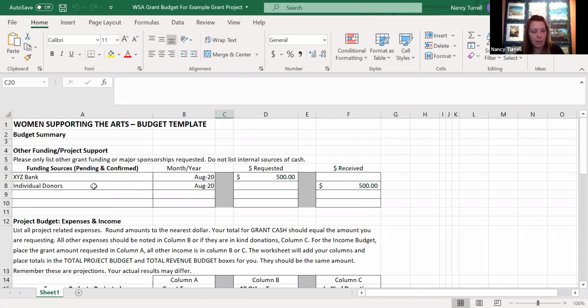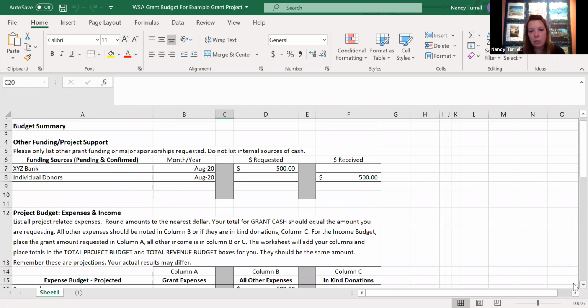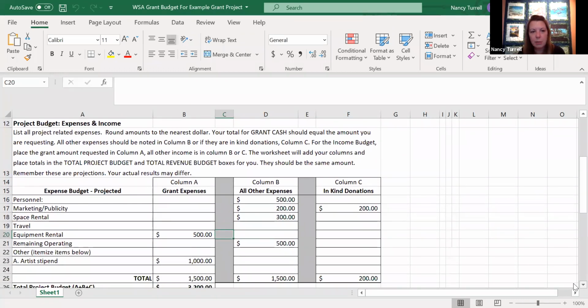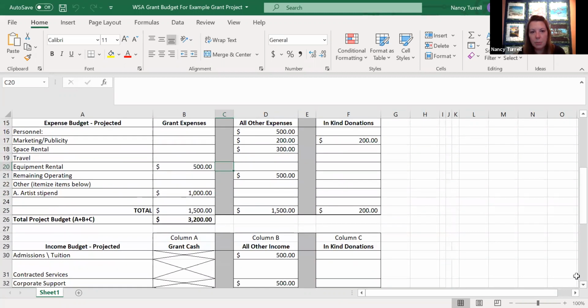And that just gives, again, our reviewers an opportunity to see what else may be coming in to support this application. The second part of the budget is the actual budget, where we talk about expenses and income. There are formulas in this budget already preset, so you do not need to do the math yourself by dropping the numbers in. And you can see I've already put these numbers in here, so I'm going to take them out, and you can see here that now that I took the numbers out, there is no longer any grant expenses totaled here